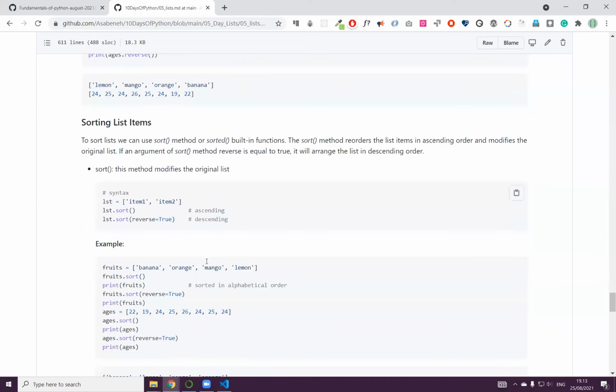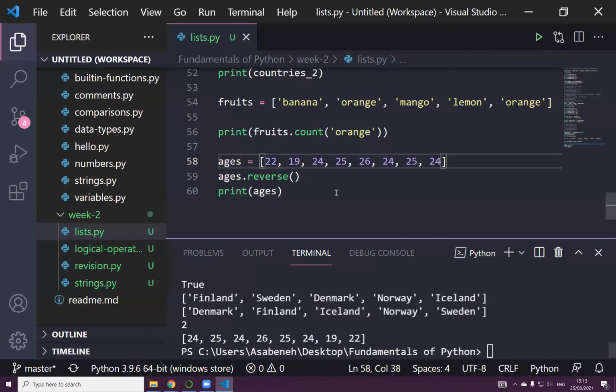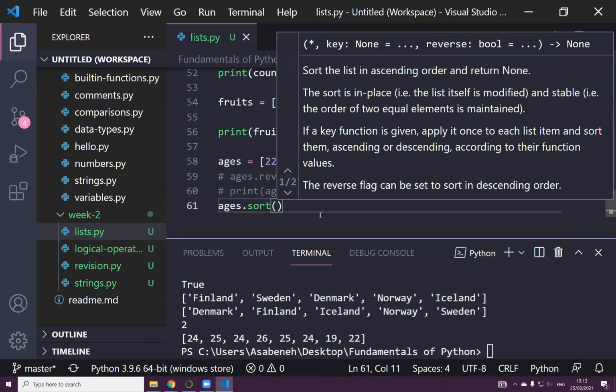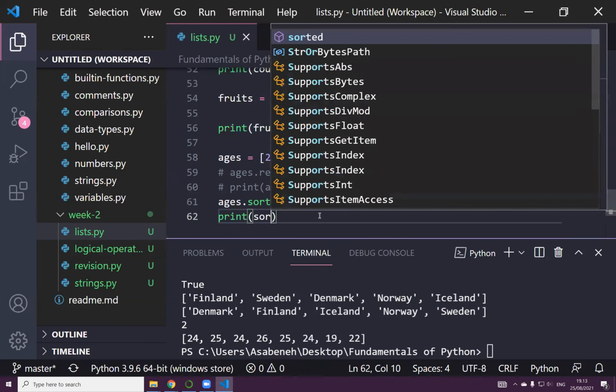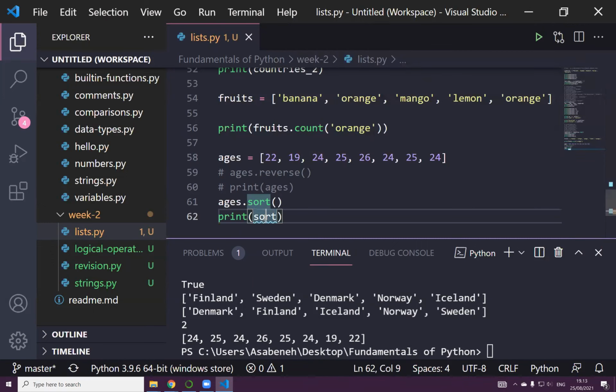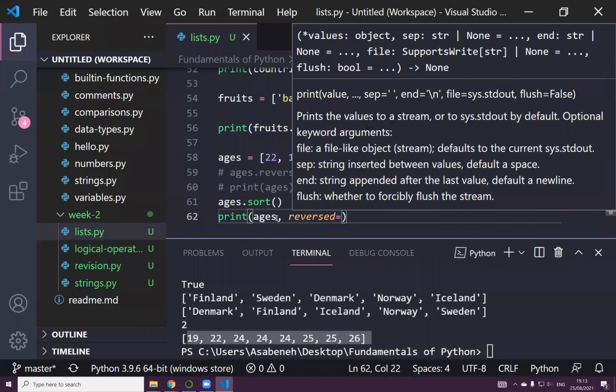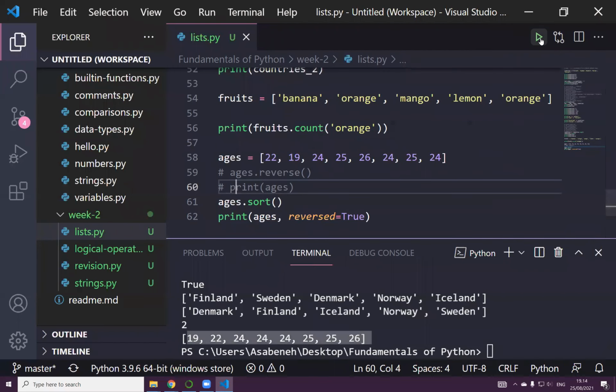Sorting list items. For instance, I can just comment this out. Sorting means putting in order. ages.sort. And now if you just print this out, sorry, ages. As you can see, it's sorted in ascending order, but you can also reverse it. The reverse parameter, I think it's True. And if you run it,